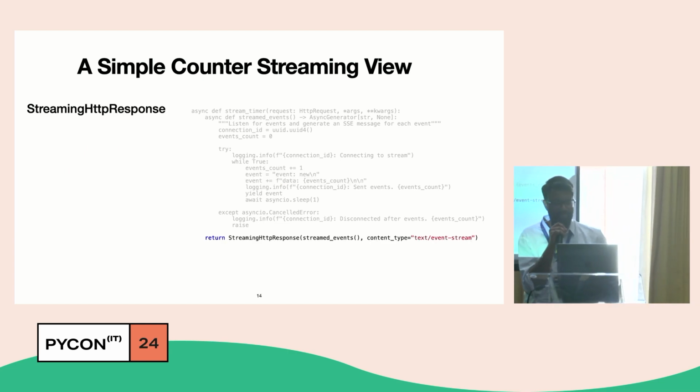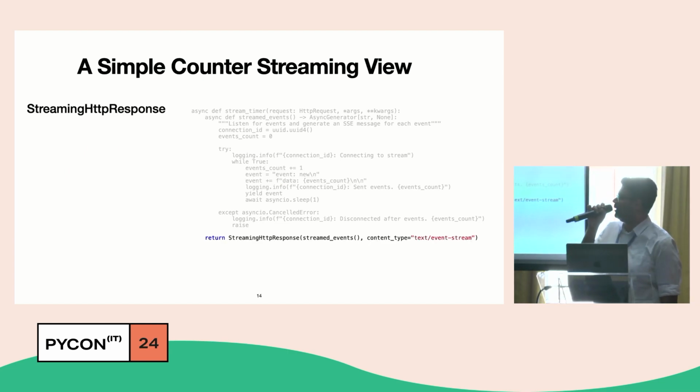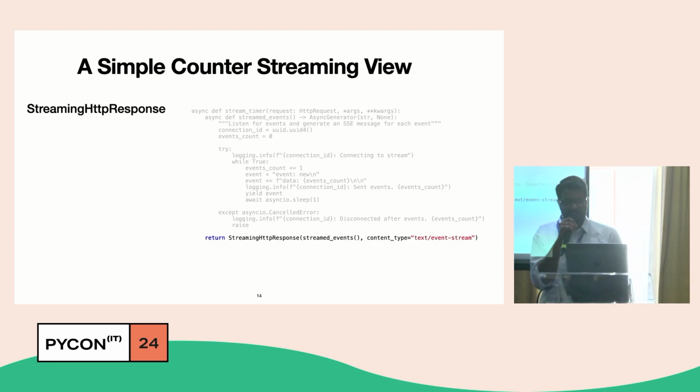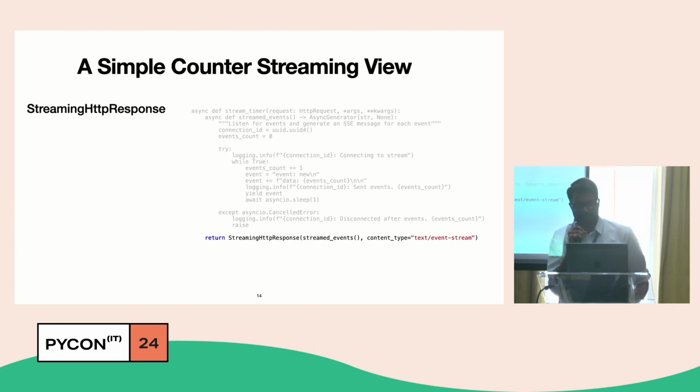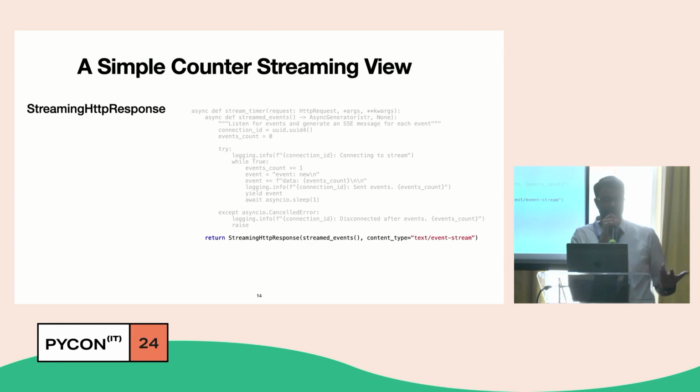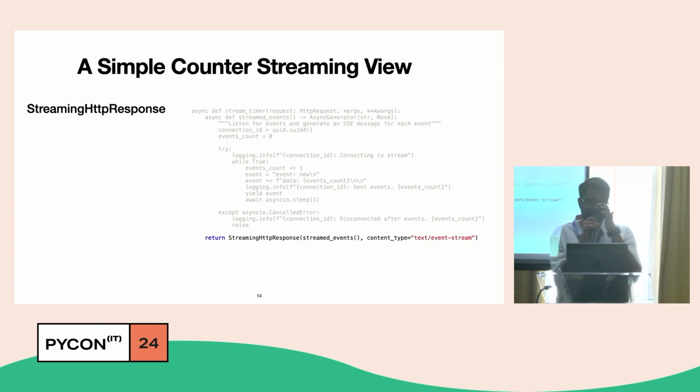This is the streaming HTTP response. Streaming HTTP response has been around in Django for a while. In the sync world, it holds the connection, holds the worker, and sends back data. You usually use this for sending large CSVs, Excel files, and things like that. In the async,